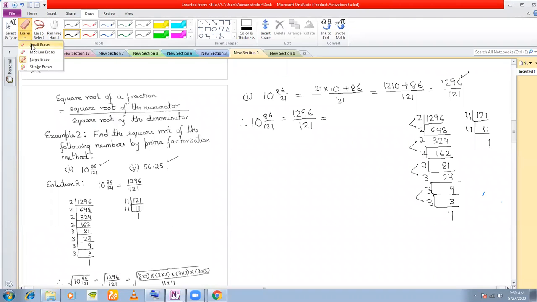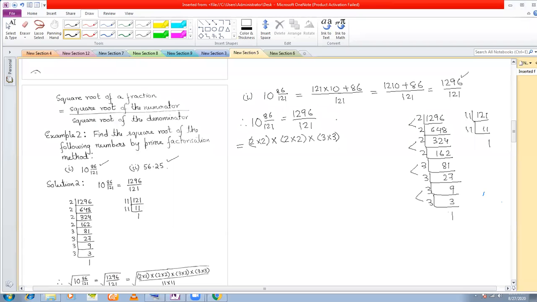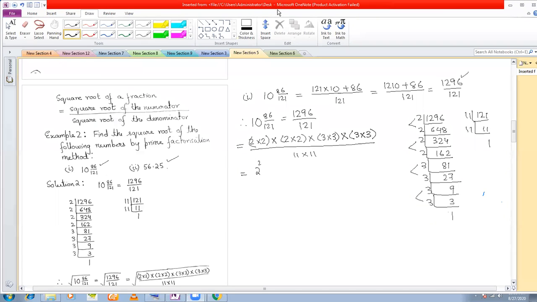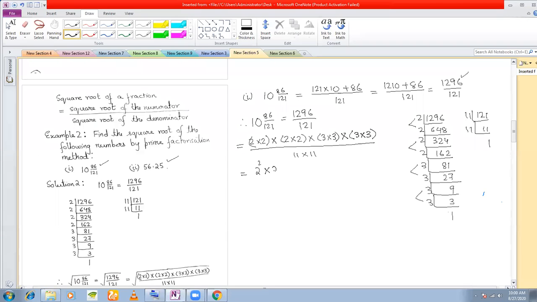So what we get here is 2 into 2 into 2 into 2 into 3 into 3 into 3 into 3 divided by 11 into 11, which can also be written as 2 square into 2 square into 3 square into 3 square divided by 11 square, which in turn can be written as